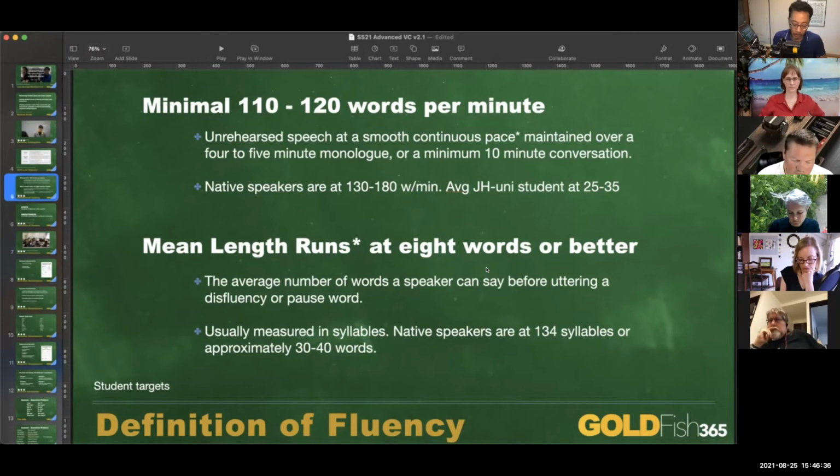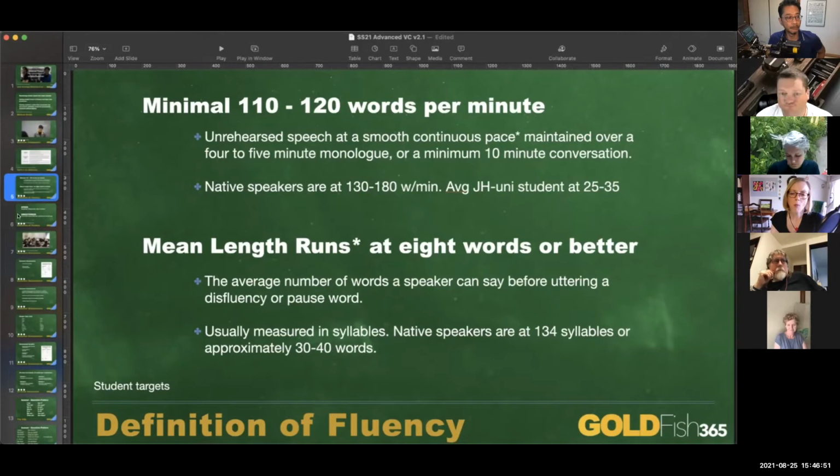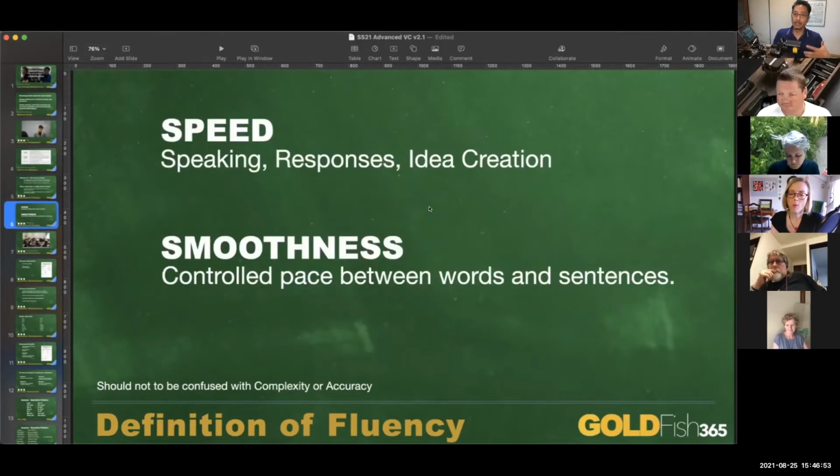And you sometimes encourage these students, listen, you're speaking pretty fast, but I think you could speak much more smoothly if you slow down a bit and learn to control. And I'm going to show you the control technique that I have for them. Control your speaking. Speed and smoothness, take that away. Those are the 2 targets you want to bring to these students.